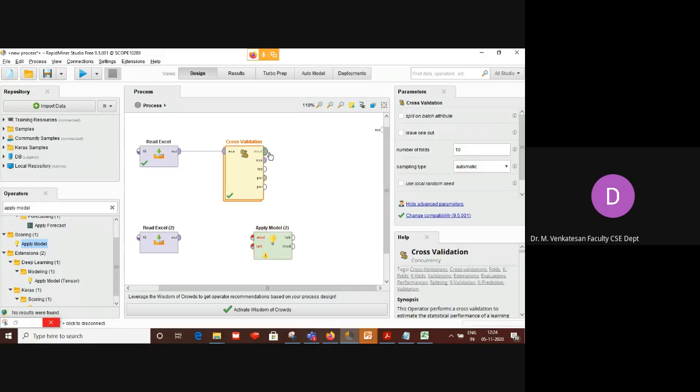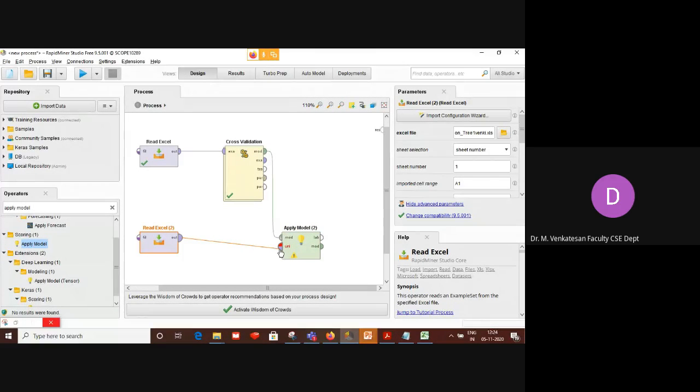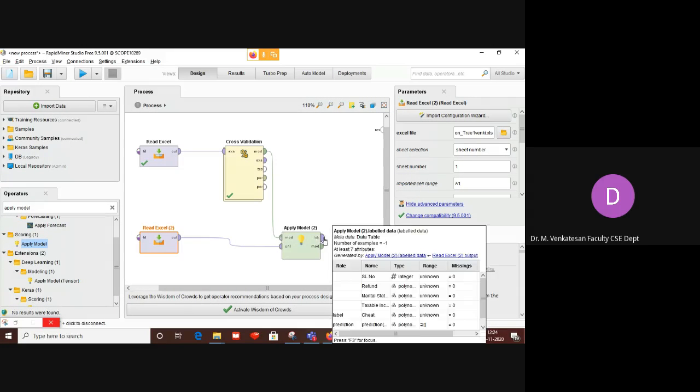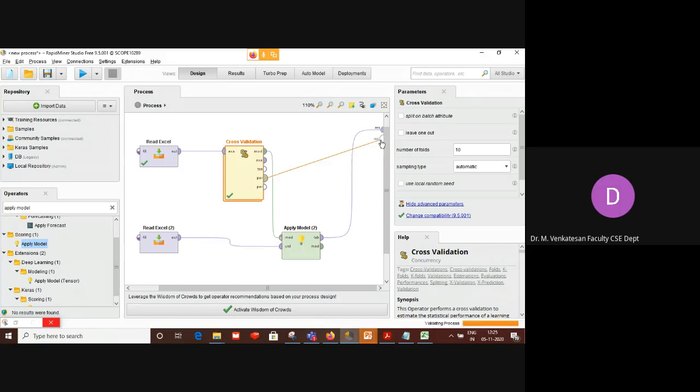One is the model, and this is the input. Okay. Now I want to see this label. And if you want to see the performance here itself, you can do that. Right? Simple. Model is built here. I am applying this model on the new data. Now run the process.